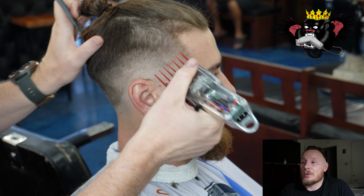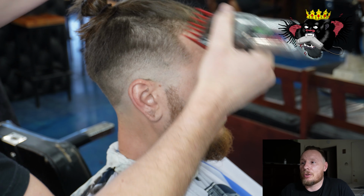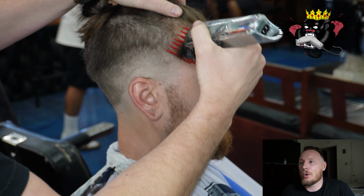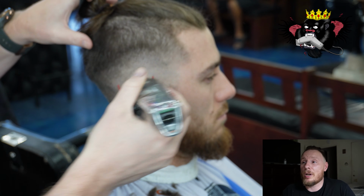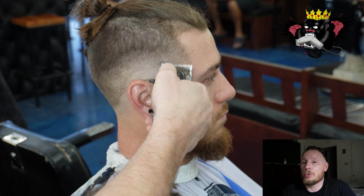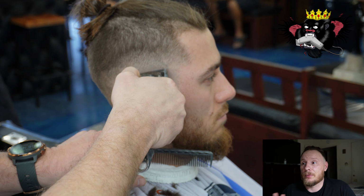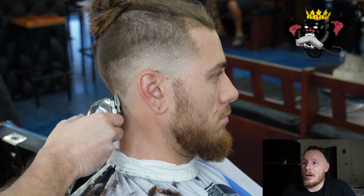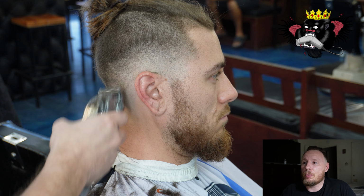Now at the top, he doesn't want any hairs, so I'm just combing the long hairs to the side. I'm taking a 2 guard and pulling away his long hair. He said everything that's not in the bun, cut it down to a 2, and that's all, he wants to keep the hair growing. So right here, we're taking out that bottom line with the blade all the way shut,